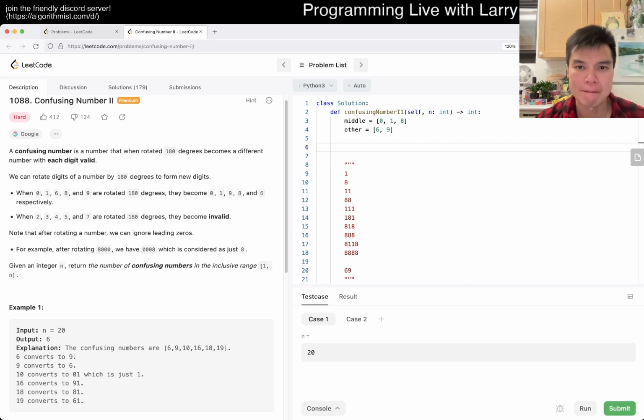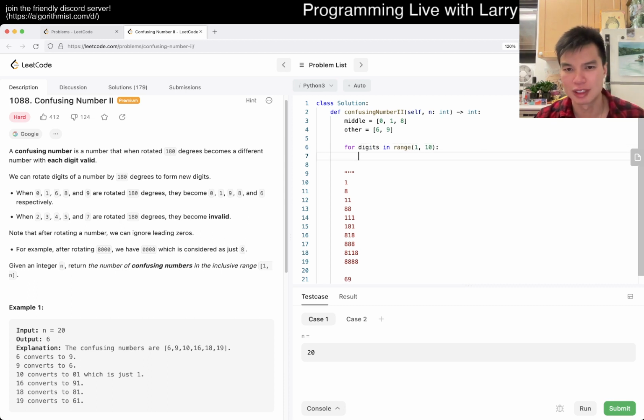Basically, okay, so for i in range of, say, 9, for example. This is the number of digits. So actually, maybe digits is this. So if digits mod 2 is equal to 0, if it's even, then we can take,